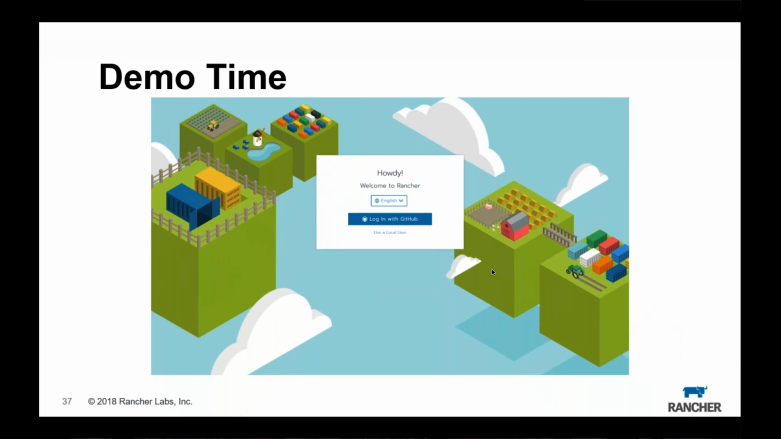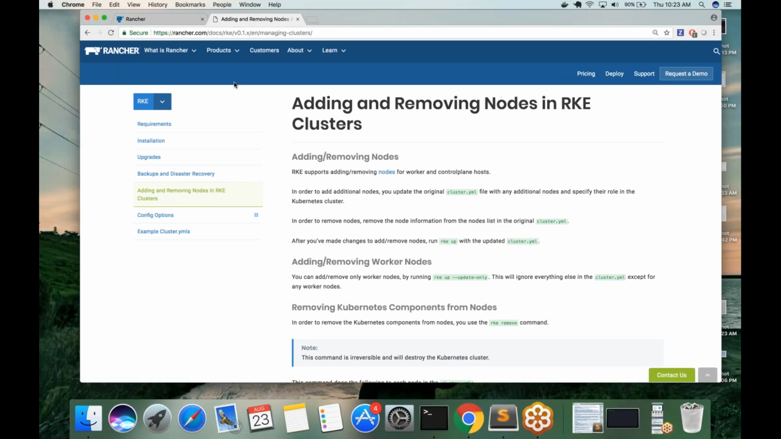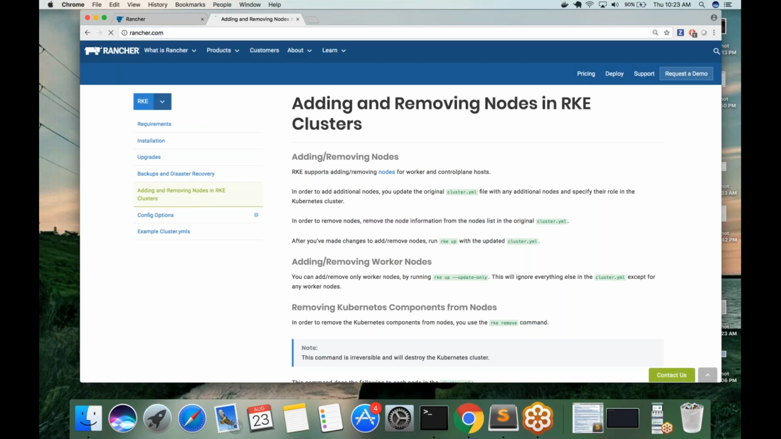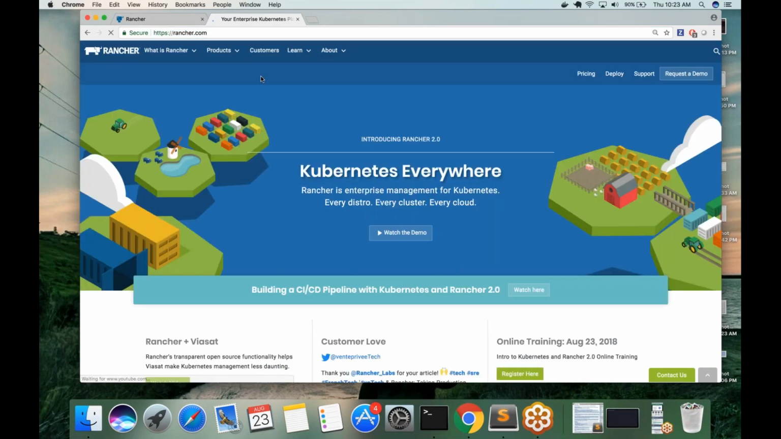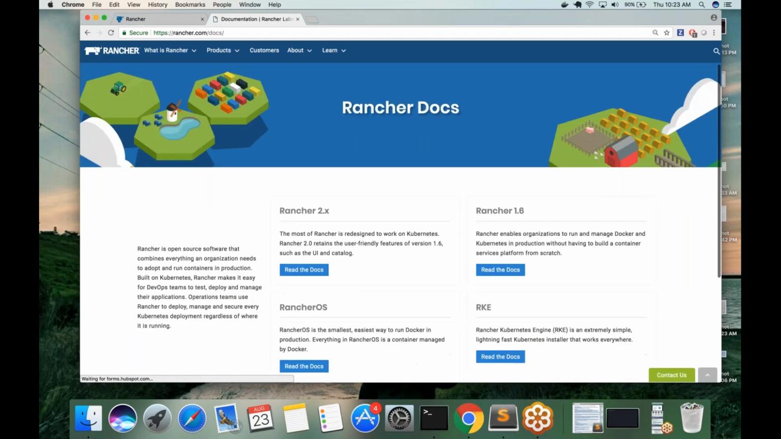So demo time. Let me just go ahead and move to my setup. Let me first show you the docs. The fastest way to reach the docs is rancher.com, learn, and then under that Rancher docs, and read the docs,